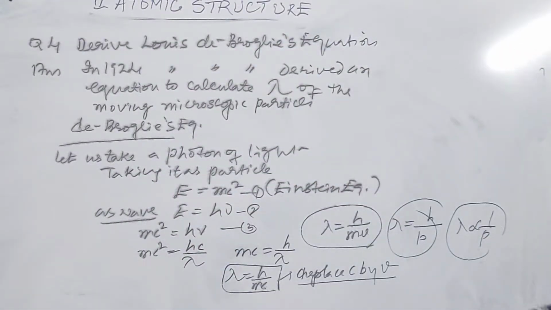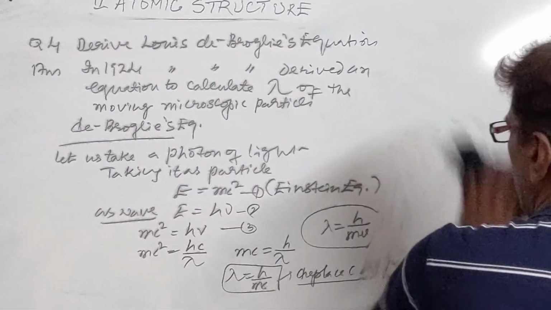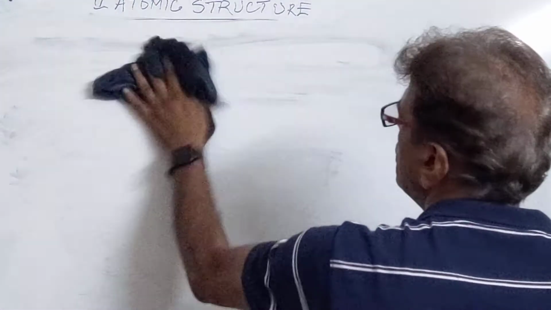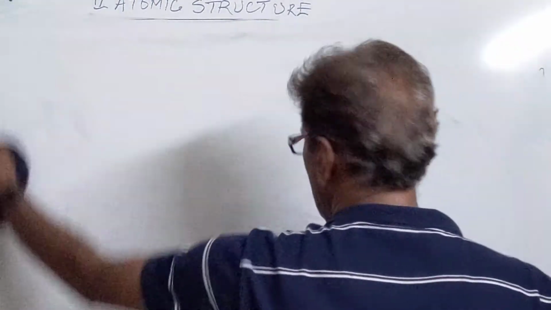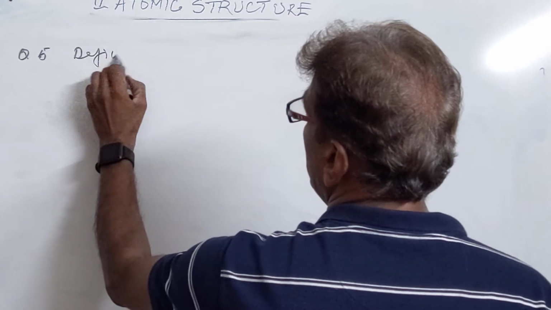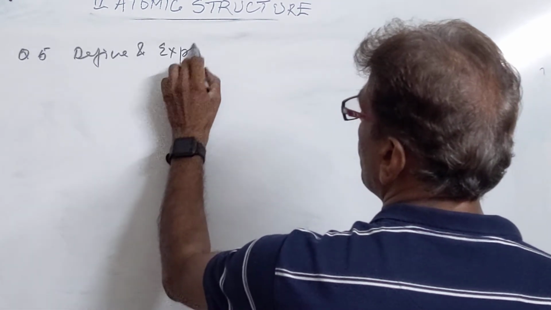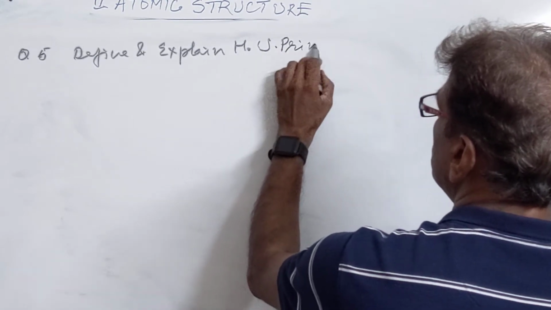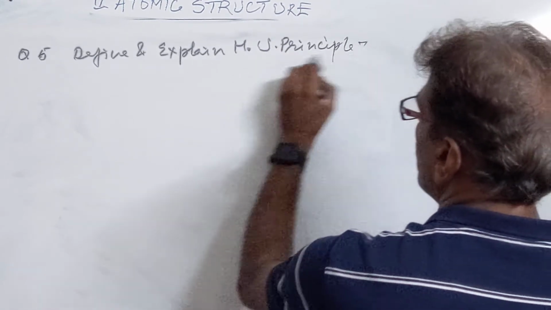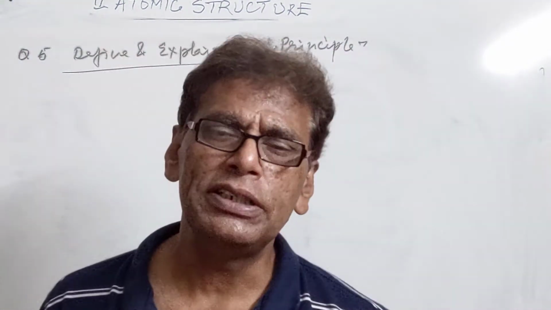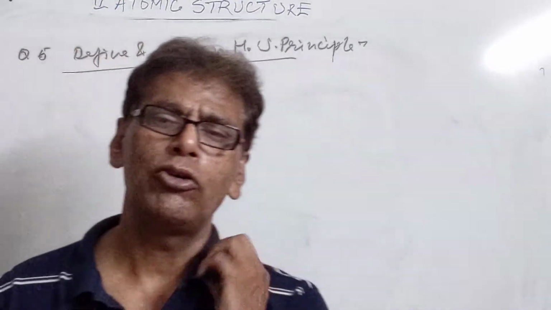After the de Broglie equation, we now come to another important law, the Heisenberg uncertainty principle. This principle states that it is impossible to determine both the position as well as the momentum of a moving microscopic particle. Define and explain the Heisenberg uncertainty principle. This principle states that it is impossible to determine both position as well as momentum of the moving microscopic particles